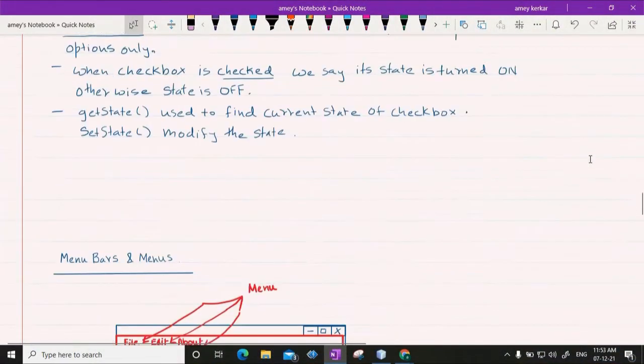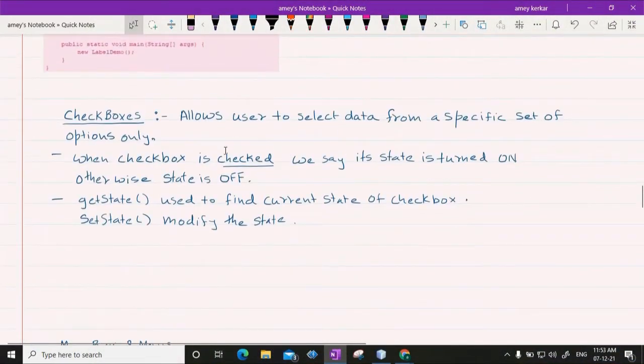In the previous lecture, we have seen what are checkboxes and how can we write AWT related code so that we can use checkboxes. We have also seen one event which is called as item listener, in which if I just check a particular checkbox, corresponding message is printed at the bottom. That means whichever checkbox is clicked, it will turn to be true, otherwise false. And we have used get state and set state methods for that. We had seen the code last time.